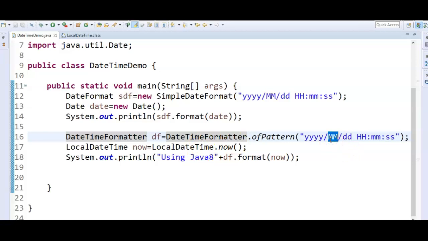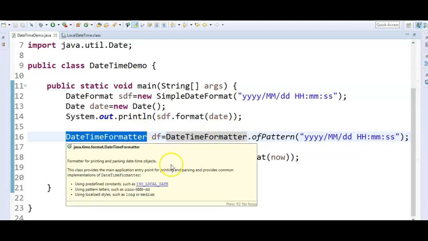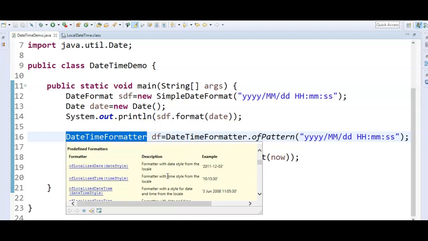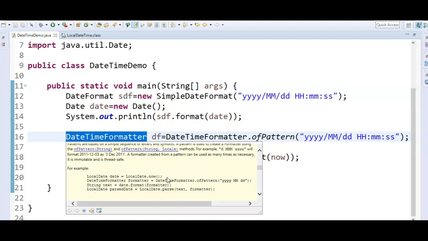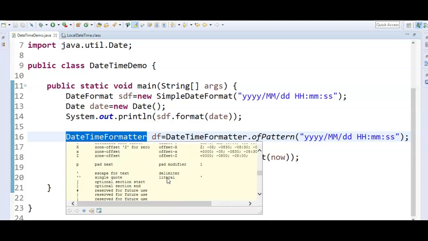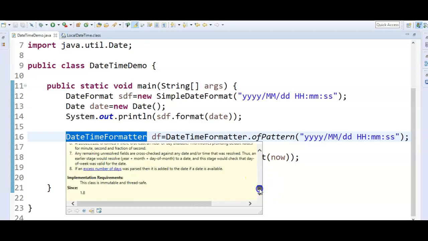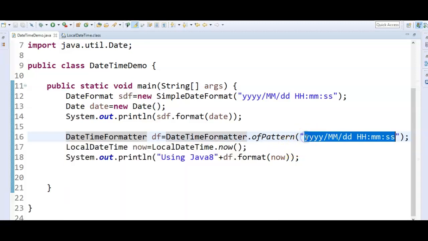Okay, so thanks for watching my video. If you understand how to use the DateTimeFormatter and the LocalDateTime, so even this DateTimeFormatter was also added in which version of Java? The same, 1.8. Here it has all the values which we can give to this DateTimeFormatter, I mean in this pattern what all formats we can give.